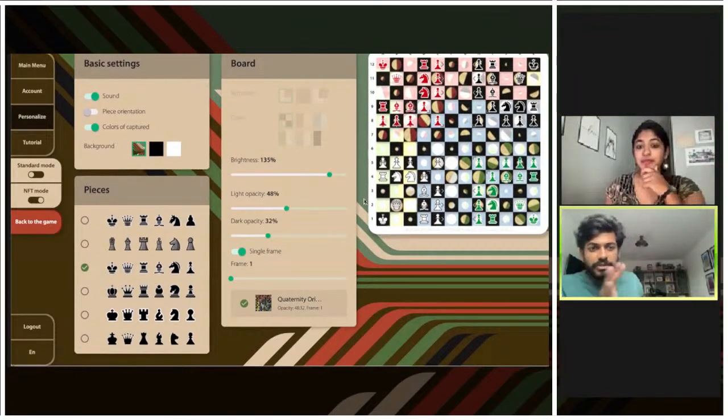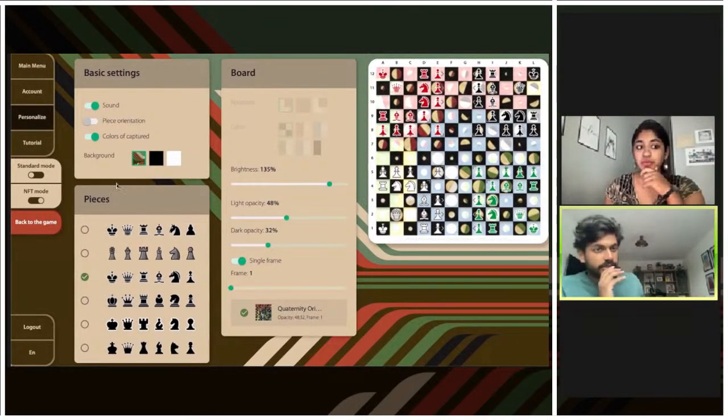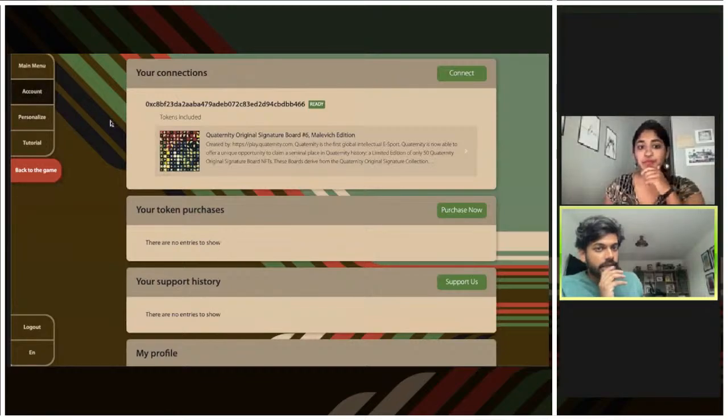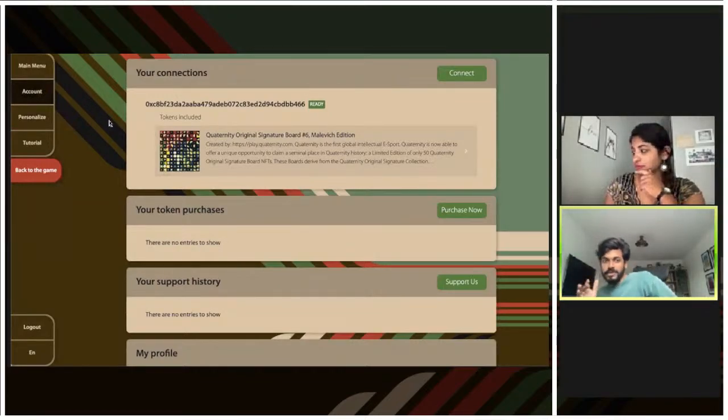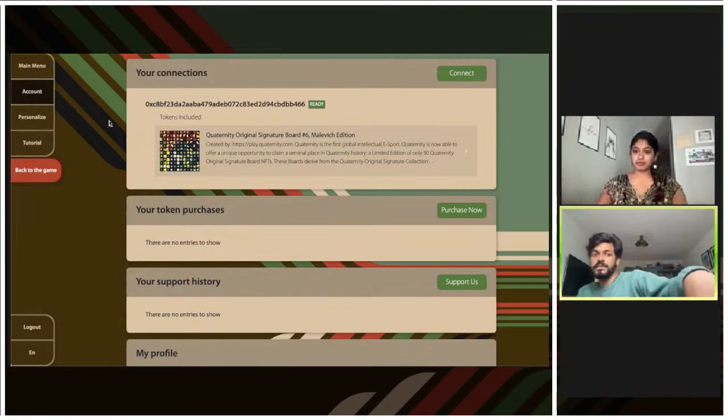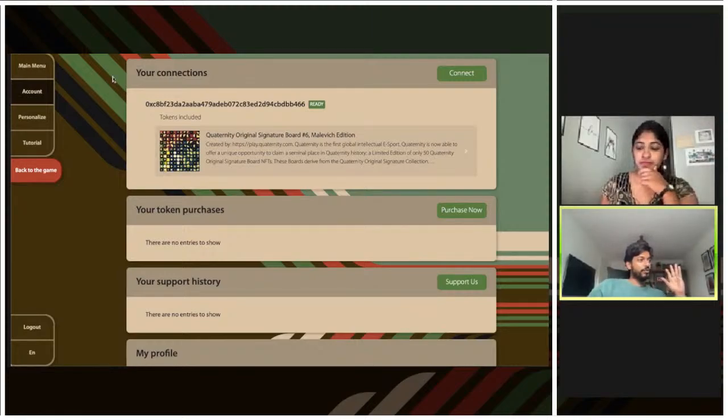Yes, before you do that, go to the account settings, please, for a second. I think the important thing here is that NFTs are this crypto concept, which is not super important for the purpose of personalization, but it is useful to be aware of it.